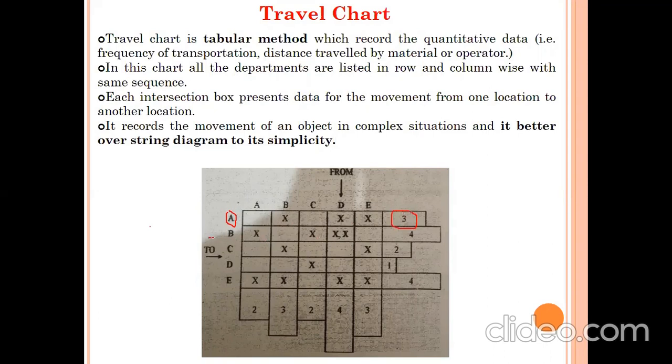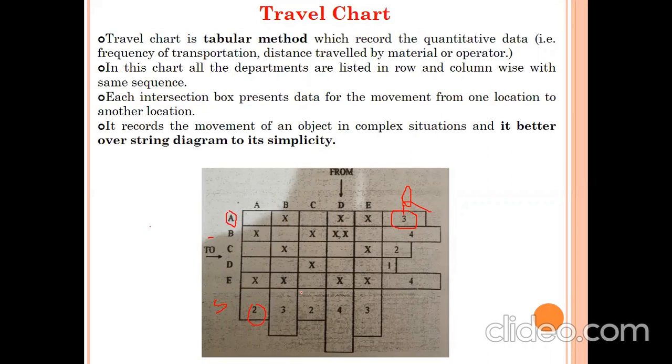Then to B machine, from A machine, job is receiving. From E machine, job is receiving. So for this A machine, I will say 2 jobs are going. One is to B machine, one is to E machine. For this A machine, 3 jobs are received. So here I can say R, receiving the jobs, and here sending the jobs. So A machine is sending 2 jobs to B and to E. And A machine is receiving 3 jobs from B, D, and E.